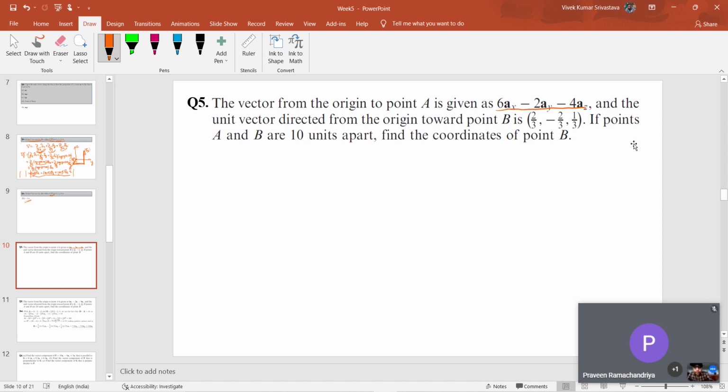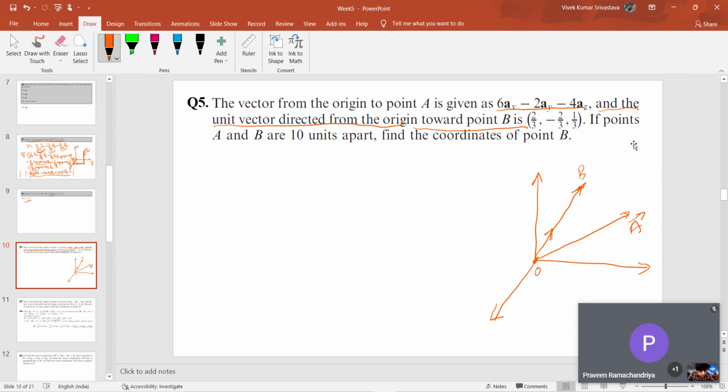so suppose this is my origin and this represents the vector A. Okay, and this vector A is defined as 6ax minus 2ay minus 4az, and the unit vector directed from the origin toward point B. So suppose this is my point B,